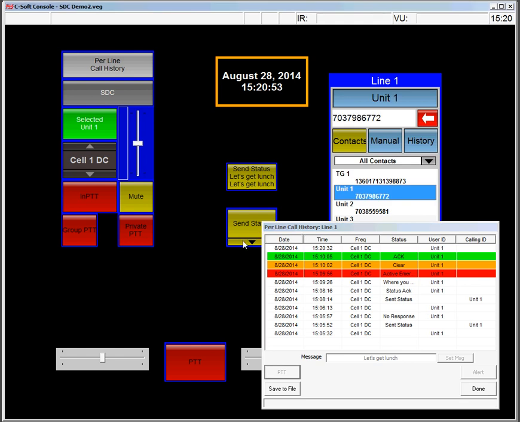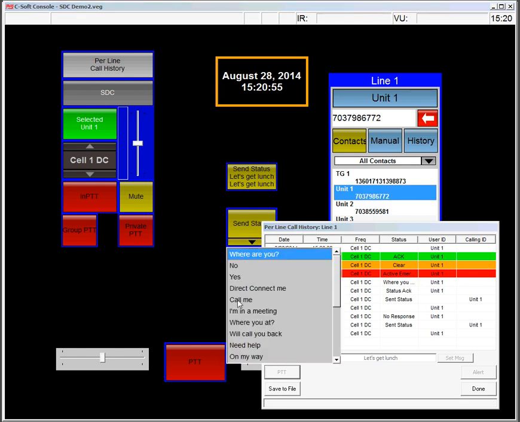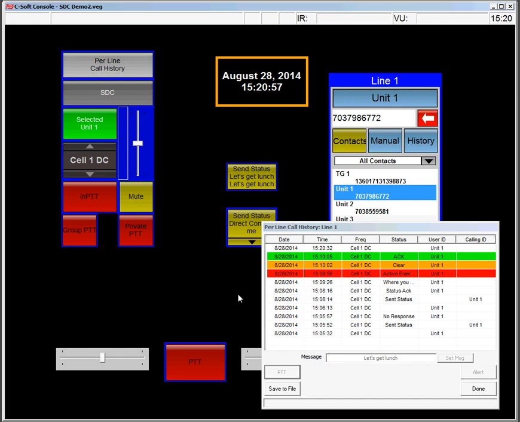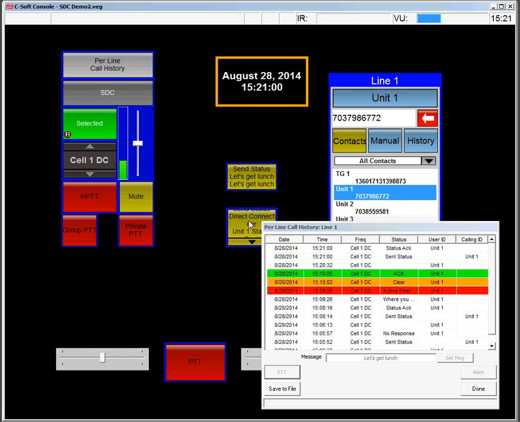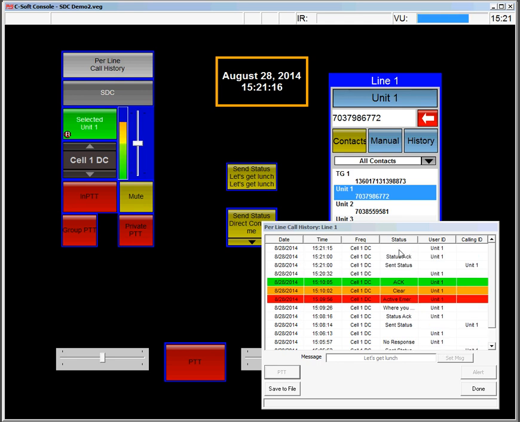I can pick a unit, find any one of those, like Direct Connect Me, press it. The status was sent, and it was ACT. And my Kyocera phone says Direct Connect Me, so I would call back. Hello, test 1, 2. And if I go to the phone itself,